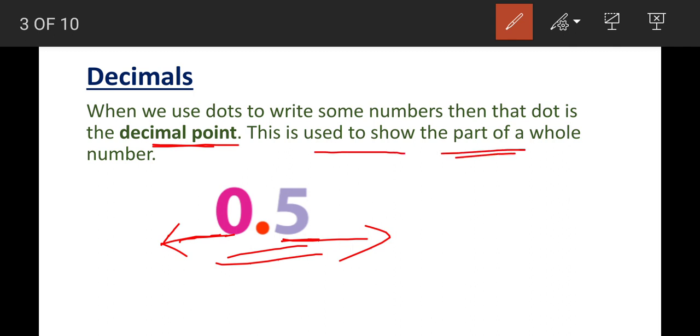This is used to show the part of the whole. As you have already discussed, fractions mean part of the whole. So this can be written as 5 by 10 also. 0.5 can be written as 5 by 10. How to write a fraction as a decimal and a decimal as a fraction, we'll discuss later. Next, move to